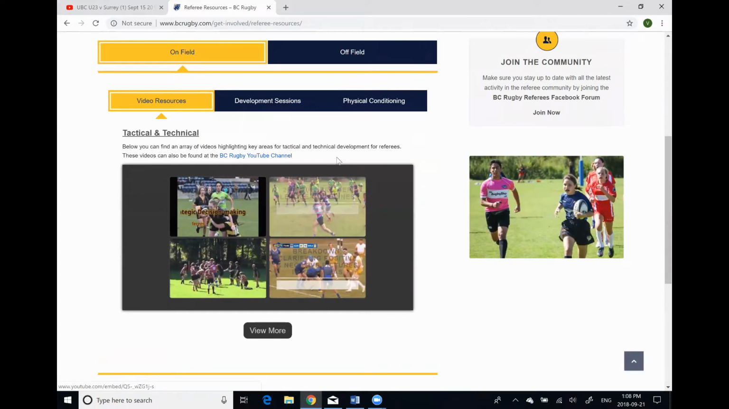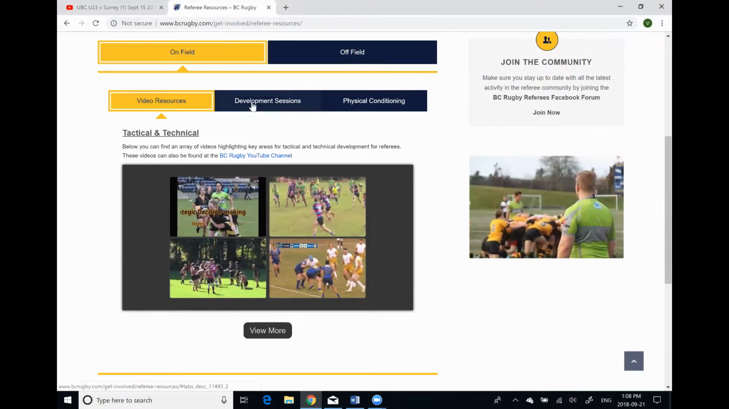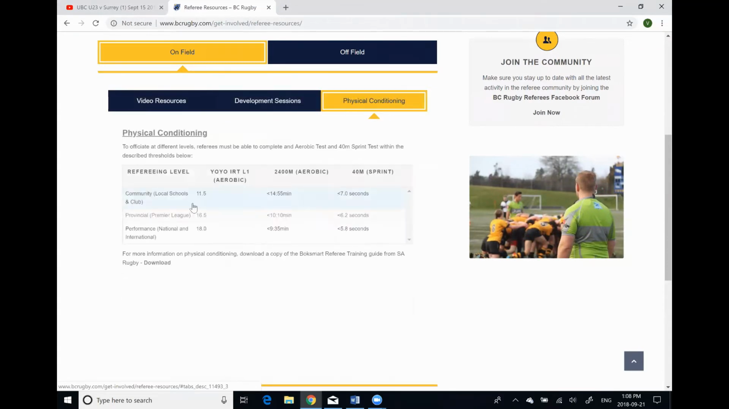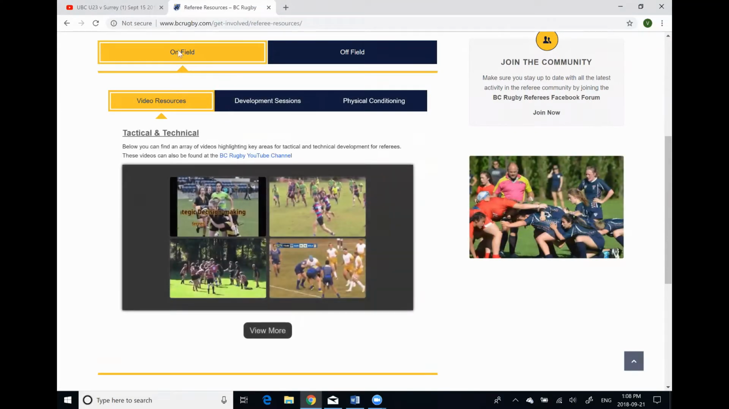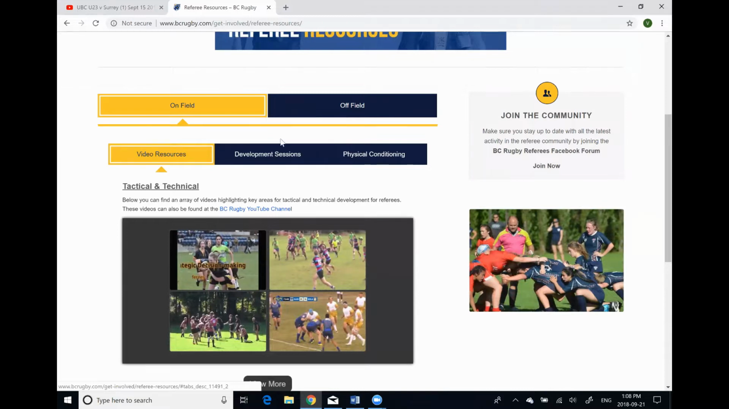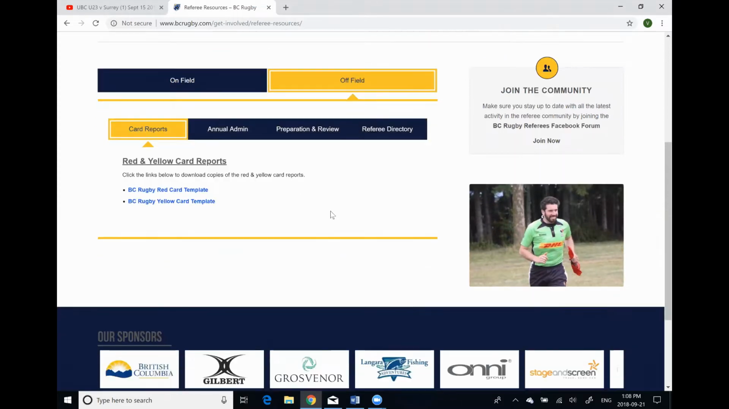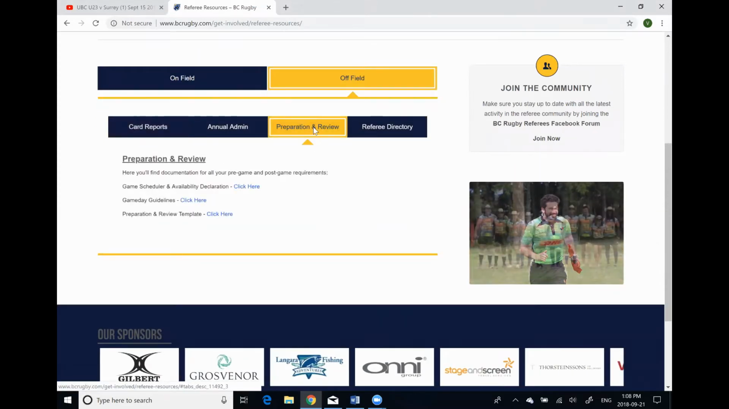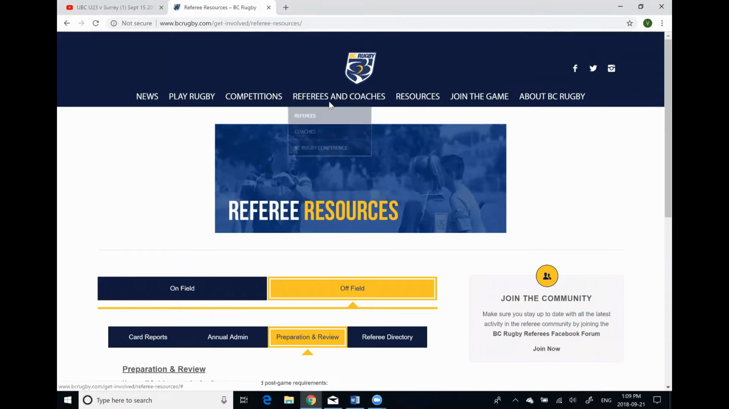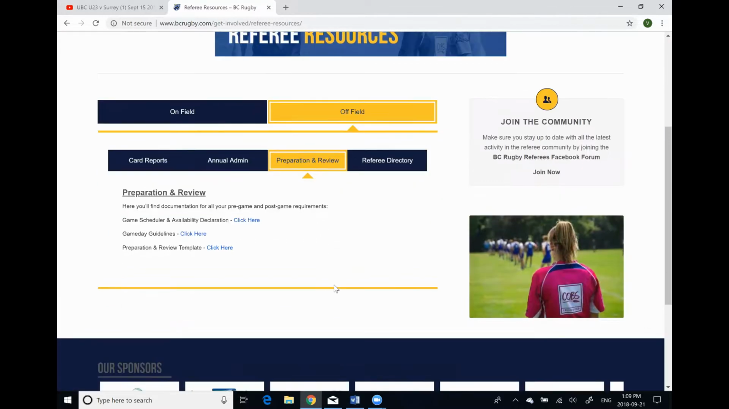Over here, it's divided between on-field and off-field. Obviously, our video resources, development sessions, strength and conditioning information is all in the on-field section. But all of our admin, review, sport Lomo stuff is all in the off-field section. So if we go to preparation and review, so again, super easy: referee resources, off-field, preparation review, and here we